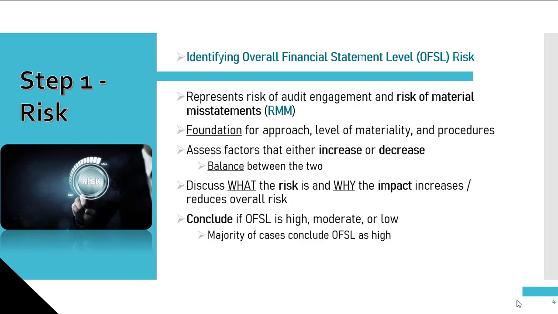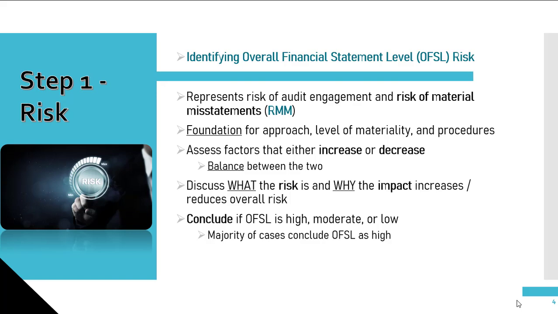Be sure to conclude if the risk overall is high, moderate, or low, and why. Example, it may be high because factors increasing risk outweigh the factors that decrease the risk. The vast majority of the time, you'll conclude that the risk is high due to the nature of CPA exams. And a key reason why we see people not achieve competency on an exam is because they forget this step